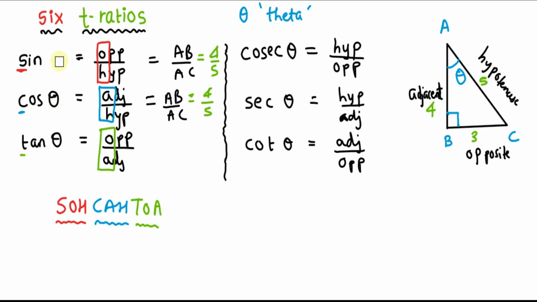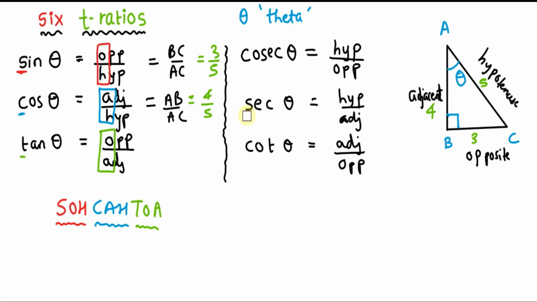So if we change the reference angle of sine from C to theta once again, the sides will change. Now it won't be AB upon AC, it will be its opposite side, that is BC, upon hypotenuse, that is AC. So it's BC upon AC for angle theta. And obviously the lengths of the sides are also now different. It's not 4 upon 5, the opposite side is 3. So it's 3 upon hypotenuse, that is 3 upon 5. This is how we can find trigonometric ratios in a given triangle. I hope that is clear.